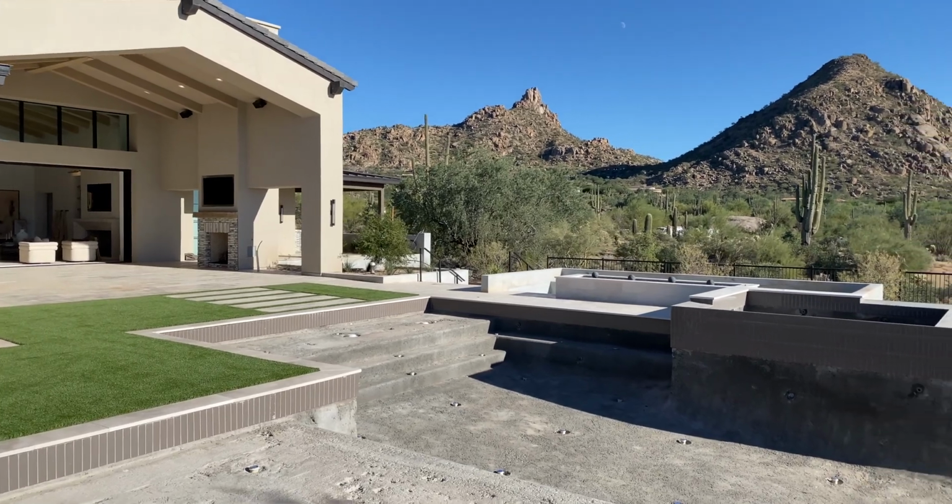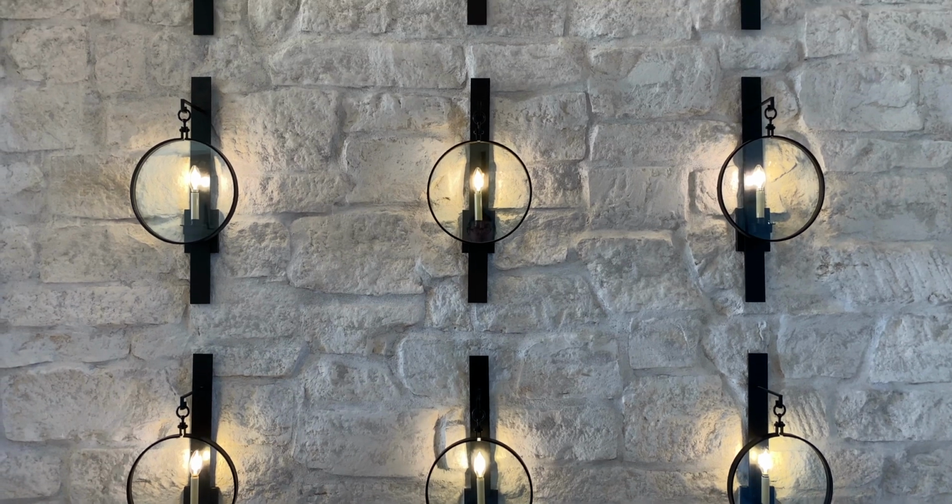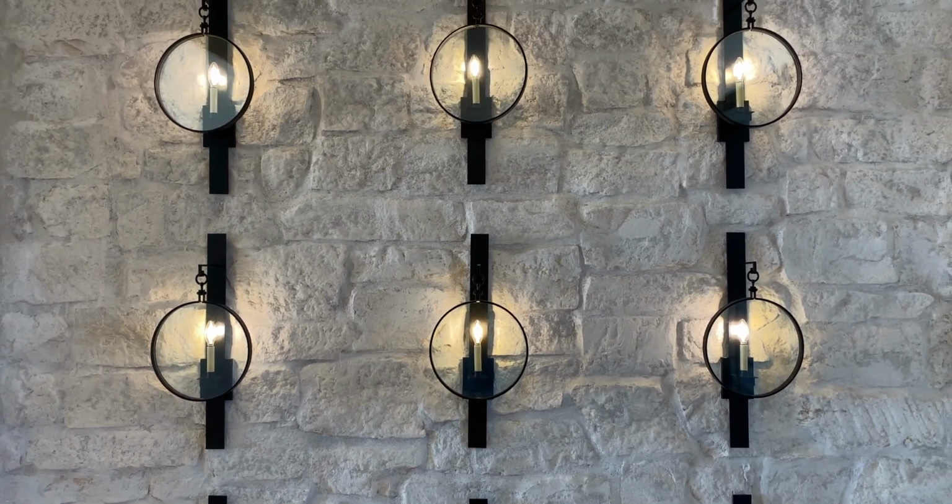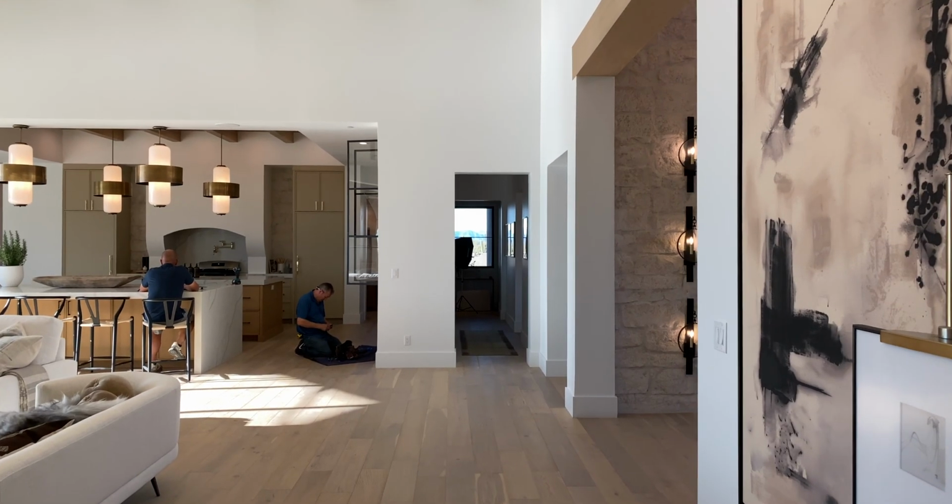And as we come through the entry, it's that appeal, right? That wow factor to the client. And so working with Lifestyle Co., they had this amazing idea to wrap stone in the entry. They have this beautiful brass light fixture above us, and they have these 9 sconce lights. And we walk into the gray room, you have 20-foot ceiling, and then we have these white oak beams that